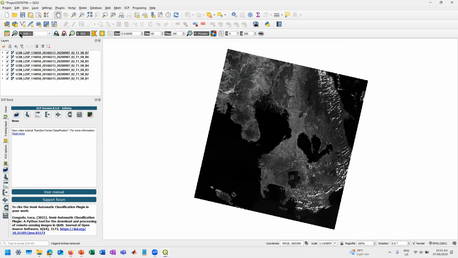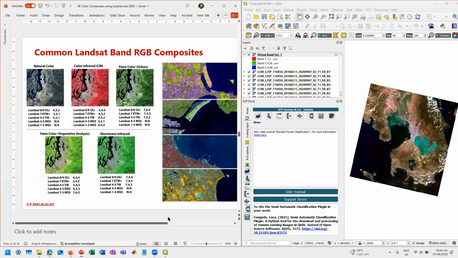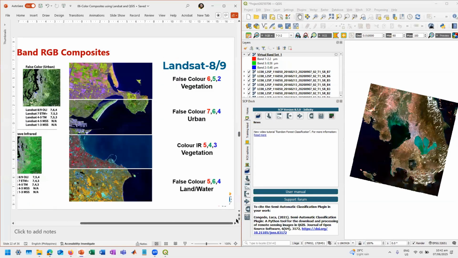So this is show and hide image. And then just select the band. So let's start with 432. So just click 432. Or 732 pala. And then we're set now. Again, let's look at this one. So this is 732.